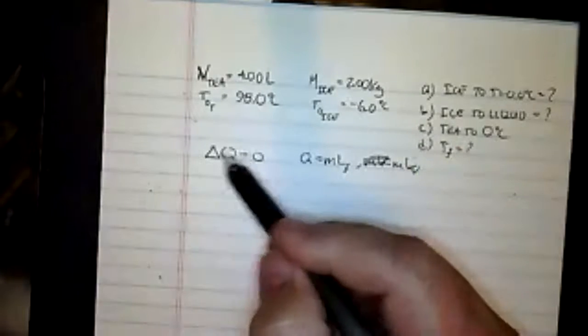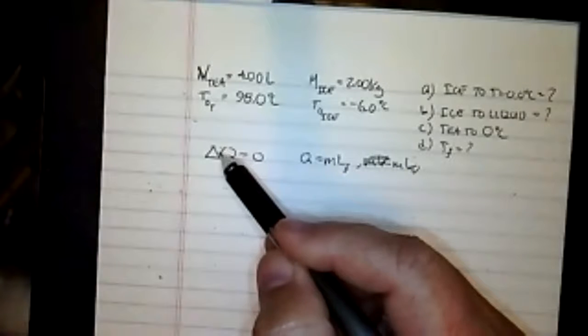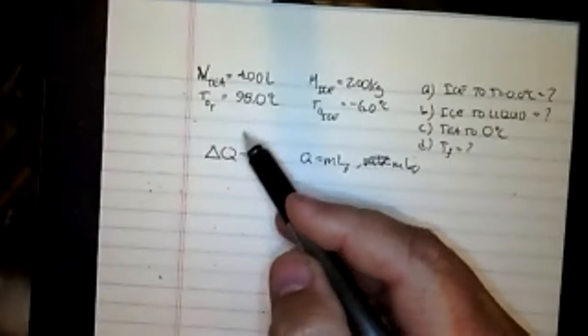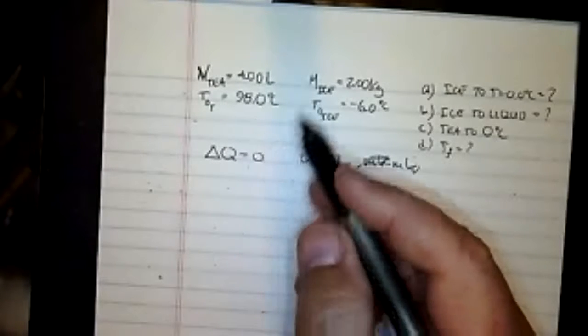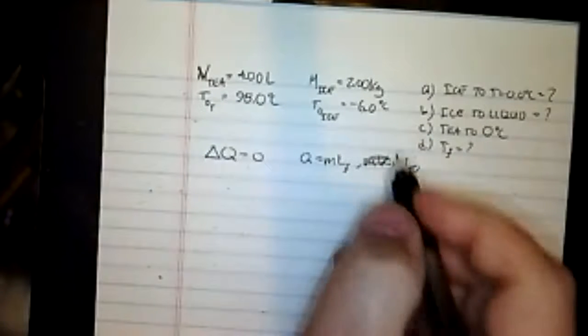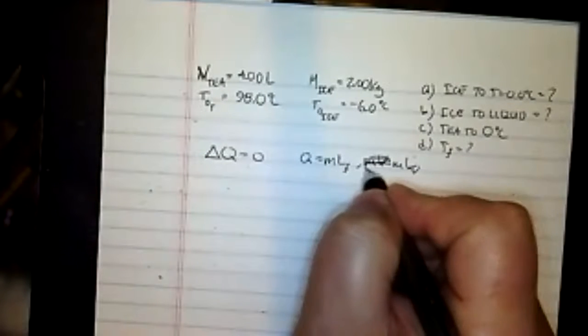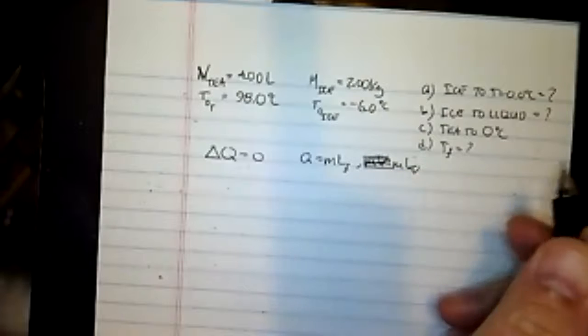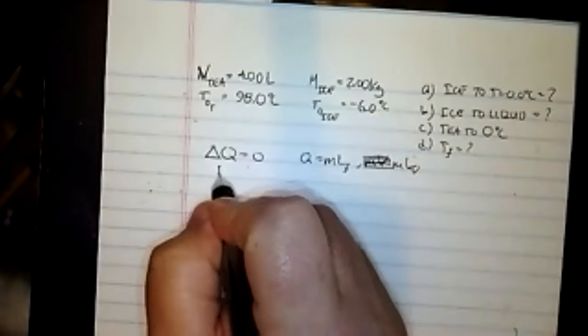So when you do this, you've got to be very specific about what signs there are. You always got to use delta T is final minus initial, and so on. So I generally don't like doing that just because it leads to some errors and students making some careless mistakes. So what I normally do is I say heat lost